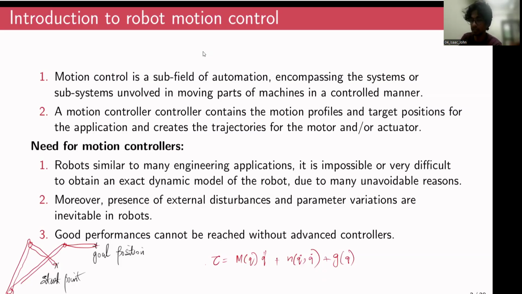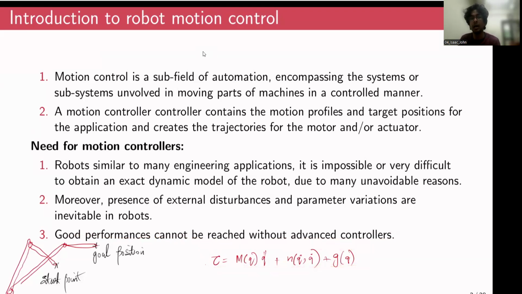The external disturbances and parameter variations, as I was saying earlier, the mass of the individual link, center of gravity, all these things, there could be variations as time goes by. So that also accounts for variability in the dynamic model. And then good performances cannot be reached without advanced controllers. So again, due to these uncertainties and external disturbances, we cannot have an exact representation of the dynamic model of